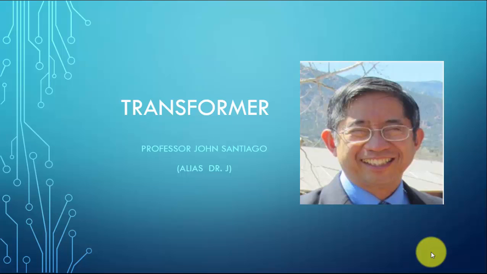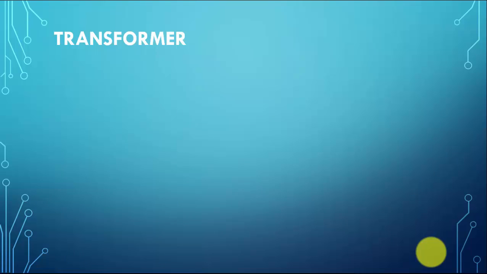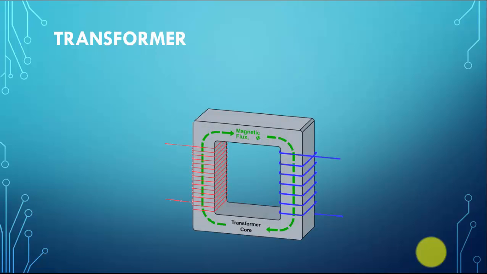Hello, Dr. J here. In this short tutorial, we're going to look in a little more detail at the transformer. So here we have a diagram of a transformer. On this side we have the primary coil and the secondary coil. This is an iron core, which increases the power efficiency between the primary and the secondary through a changing magnetic